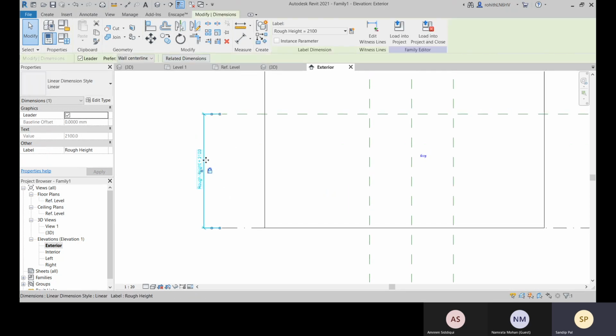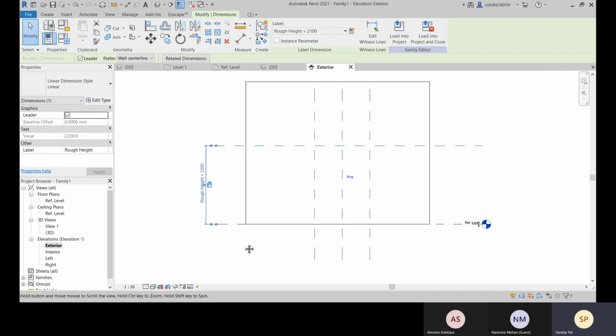Now let me change it. So you will see that this reference plane will move, like 2200 and enter. So always which will be fixed, we will select that as the first reference, and then which side will be moved, we will select that side or that surface or that plane secondly.